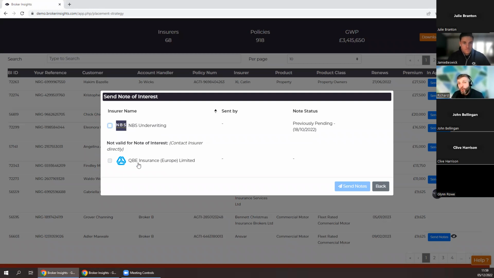Because it's not quite in that sweet spot of trade appetite, what we'd suggest is follow your normal means of communication, whether it's sending them an email, or picking up the phone and speaking to them directly. It is in their trade appetite, but there's something about it. Generally speaking, it might be the premium's not quite as high as they'd be looking for. But if you pick up the phone, for example, they can explain why and what's going on with it. But that's all that means. It is normal. It just means that it's not in their sweet spot, so you can't send them a note of interest. But by all means, you can still have a conversation with that insurer about it externally, off the platform. Does that make sense, Julie? Yeah, that does. It's great.